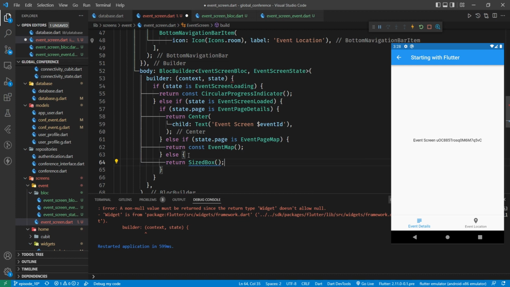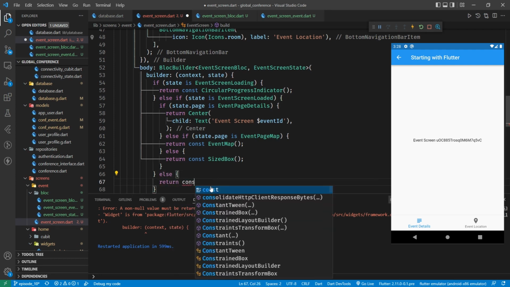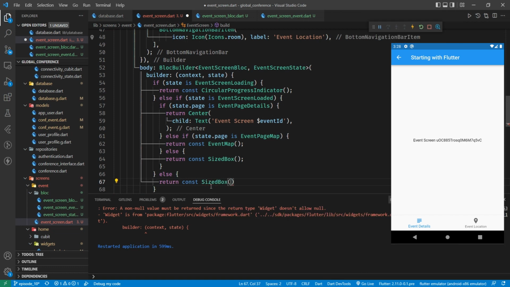And we're going to have to do that twice, once for the page state, so where we're doing the if pages, and once for the screen state. So with that in, that should get rid of that error. And if we now refresh,